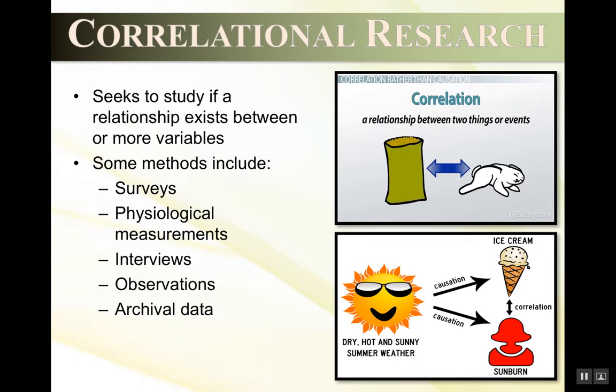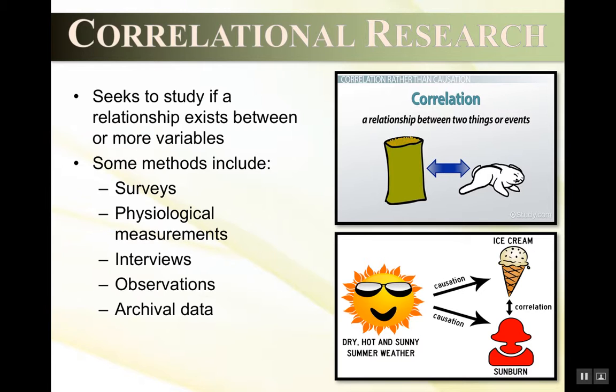Correlational research. This seeks to study if a relationship exists between one or more variables. So some things that it does, it wants to understand why these two things have a relationship with each other. So an example of this would be people saying things like, the sun causes people to buy ice cream. The sun causes sunburn. Well, ice cream and sunburn